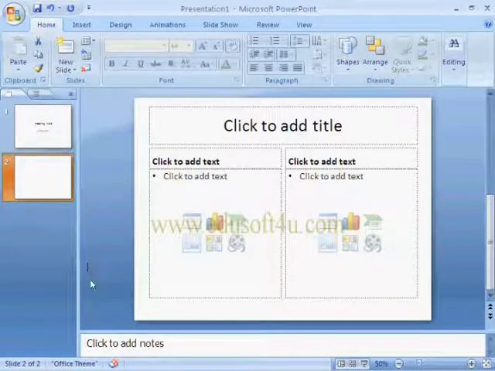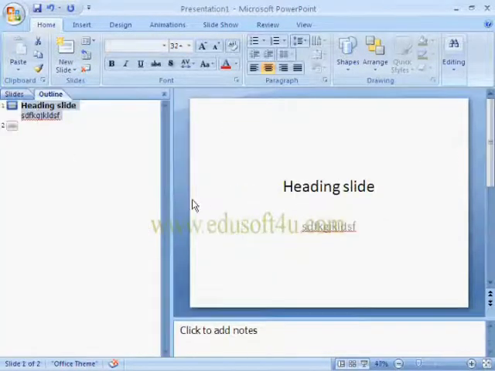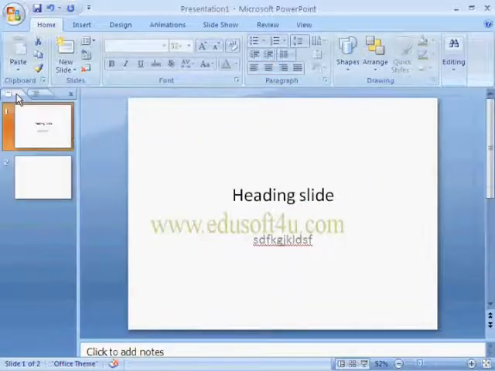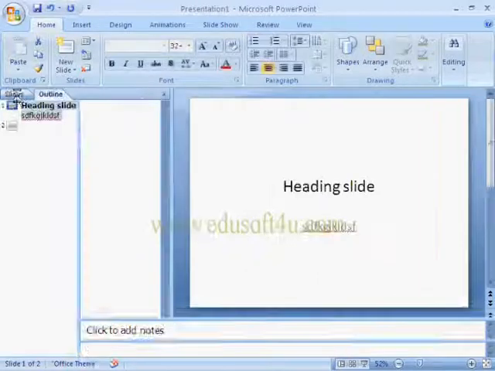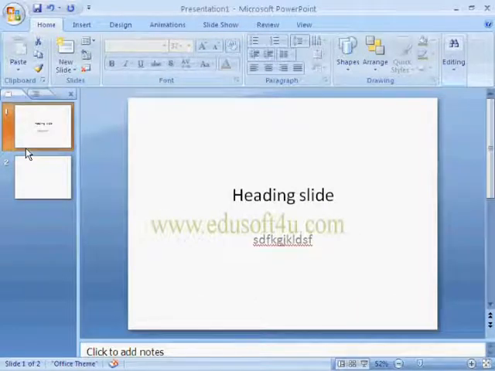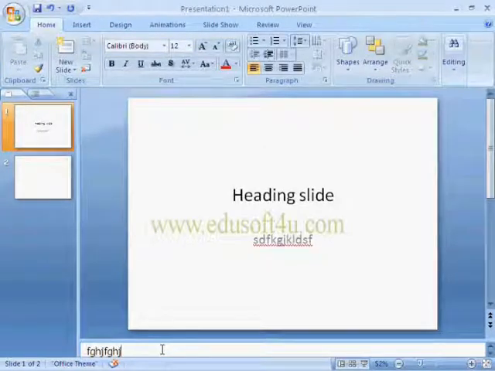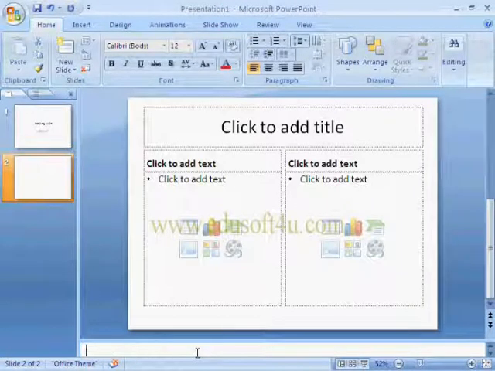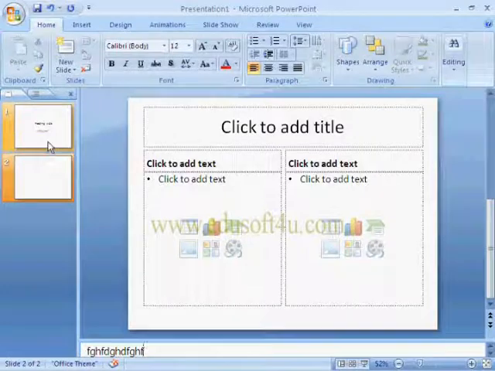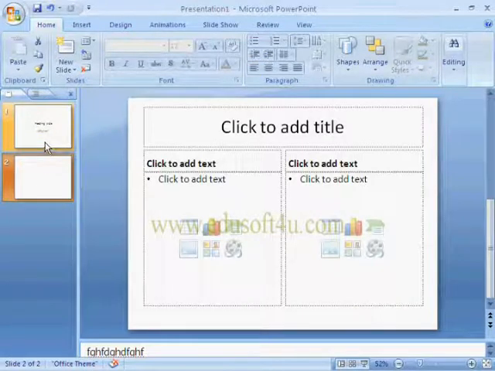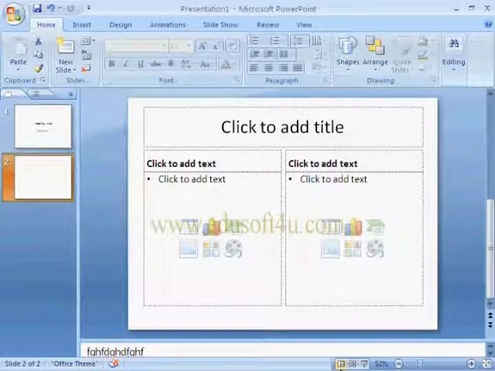This is the navigation window that will show the slides which we added. When we click on Outline, then we can see the outline of the slide. And in Slide Shows, we can see slides. And here we can type notes for the slide. For every slide, we can prepare notes. So, this is the starting environment and it is the status bar.